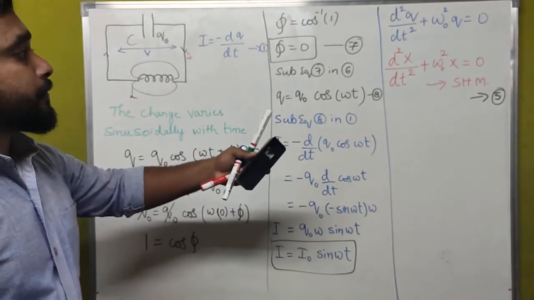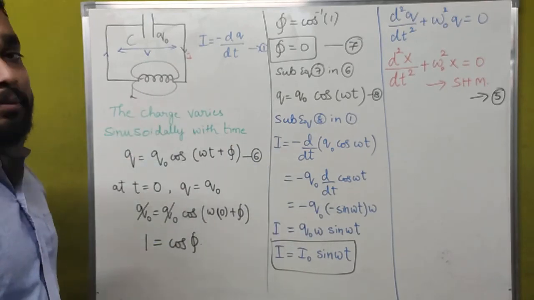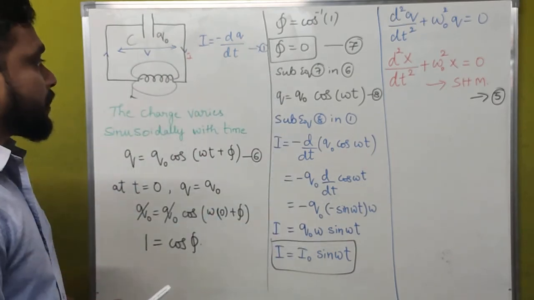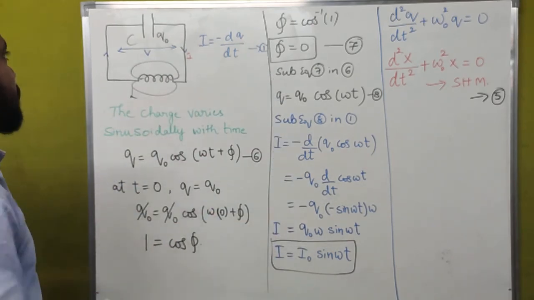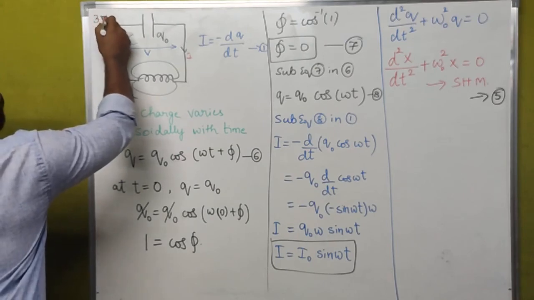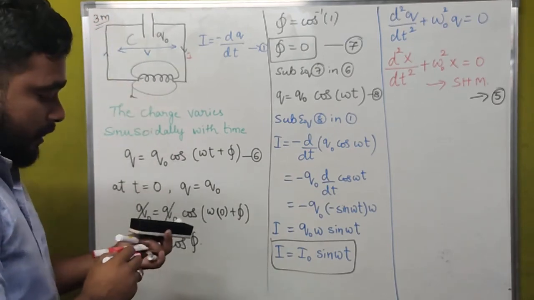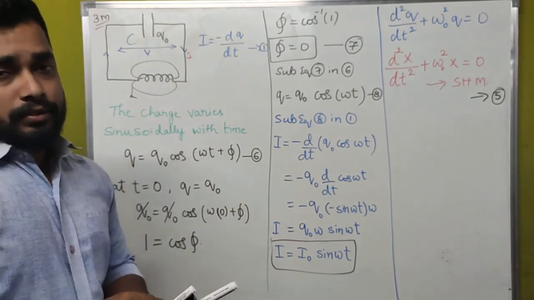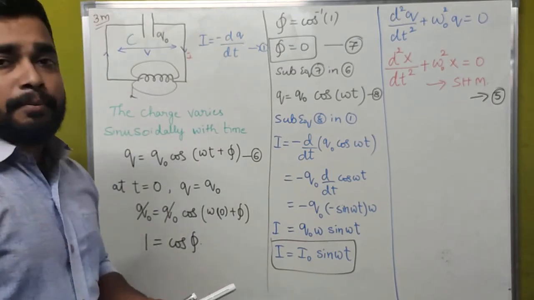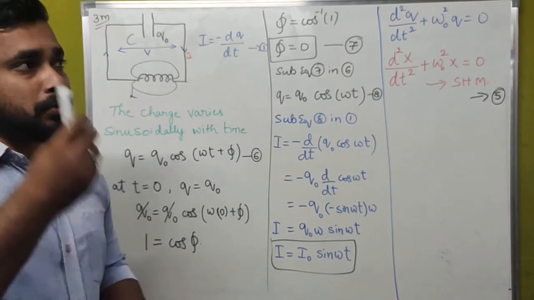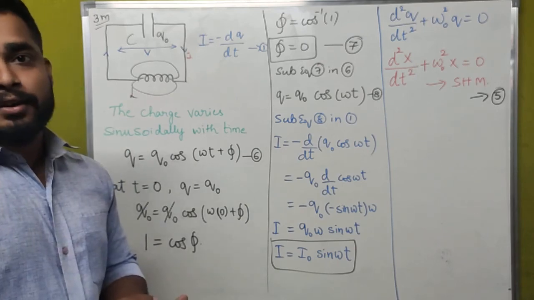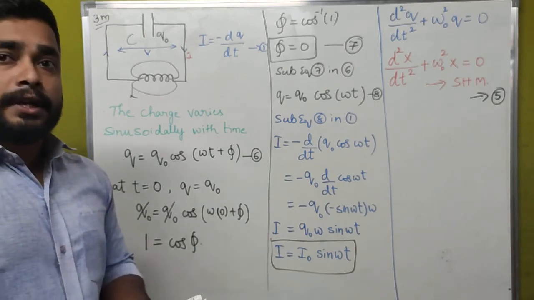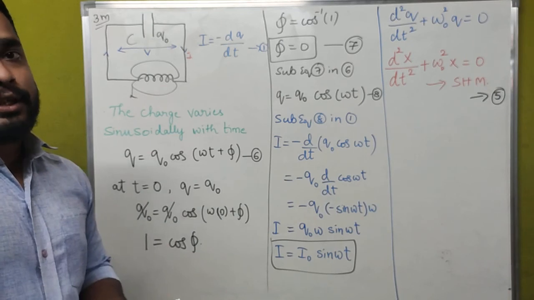This may be asked in your examination for 3 marks, or a maximum of 5 marks. More than that is not possible. In our earlier question papers, this derivation hasn't been asked anywhere. But if there is a probability of asking, they may ask. We don't know the mentality of question paper setters. That's why there is a possibility of getting this kind of derivation in your examination.